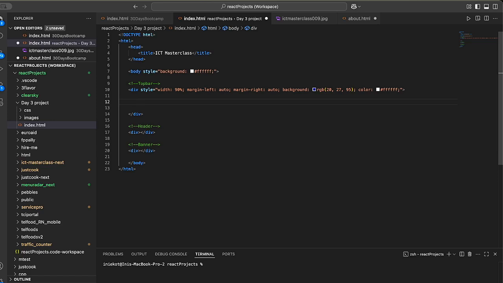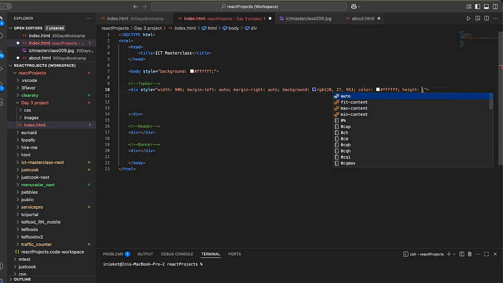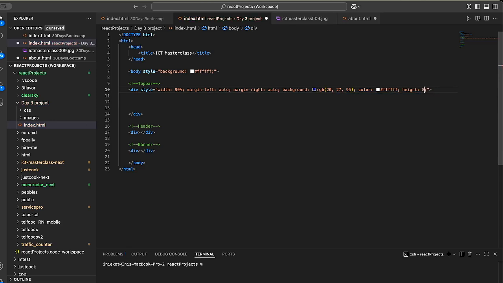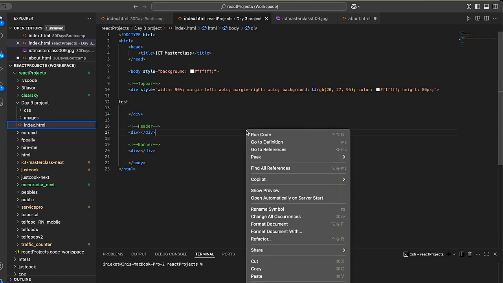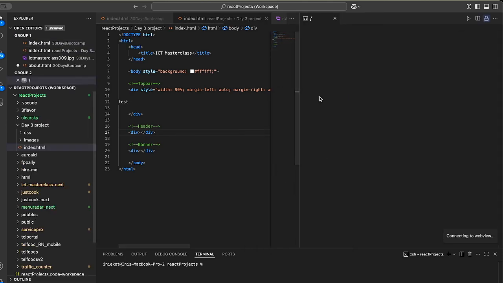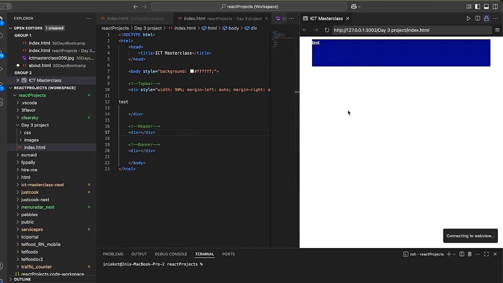So we've gotten all of it except the height. We need to define the height, so I'm going to define the height. I want to make it, let's see how 80 pixels looks like. I'm making it 80 pixels, and if I save this test, let's see how it looks on our browser. So equally, for us to be able to see it well, we can either look at it from show preview because of the plugins we installed, or we can go to the browser. So this is what it looks like, and